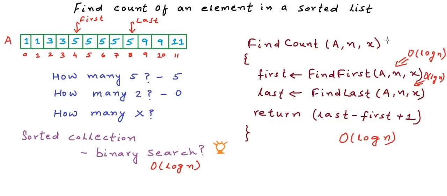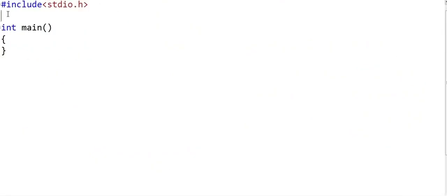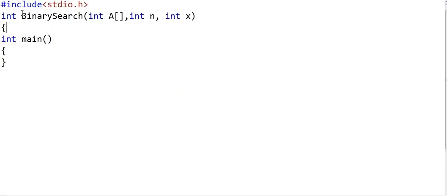We have described how to find out the first or last occurrence of an element in a sorted array using binary search. We had written pseudocode for the algorithm in our previous lesson, and there is a link to the previous lesson in the description of this lesson. But let us now go and write some real code to solve this problem. I will write a C program. Let us first write a simple normal binary search, and then we will modify it to find the first or the last